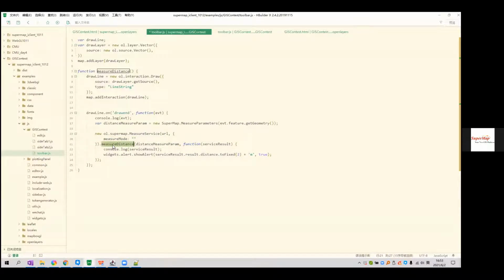Then it is the measure distance, and we need to set this distance measure parameter as the parameter of the service. This one is a class of SuperMap.MeasureParameters, and it only has one parameter inside, which is the geometry. That is the geometry of the feature we draw. So for the geometry, we need to use the feature,